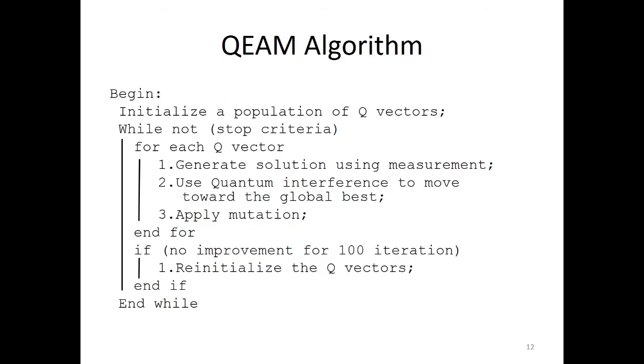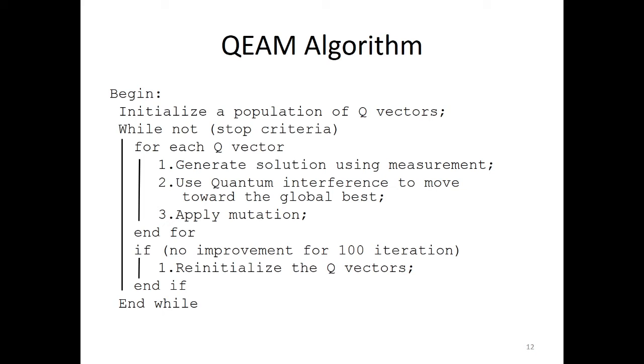Here we have the pseudocode of the QEAM algorithm we use to solve the MVS problem. First, we initialize a population of quantum vectors. Then we keep repeating these steps for each quantum vector until a certain stop criterion is reached. For each quantum vector, we generate a solution using the measurement operator. Then we use quantum interference to move toward the best global. And finally, we apply qubit mutation with some probability. If no improvement has been made for more than 100 iterations, we create a different starting point by reinitializing the